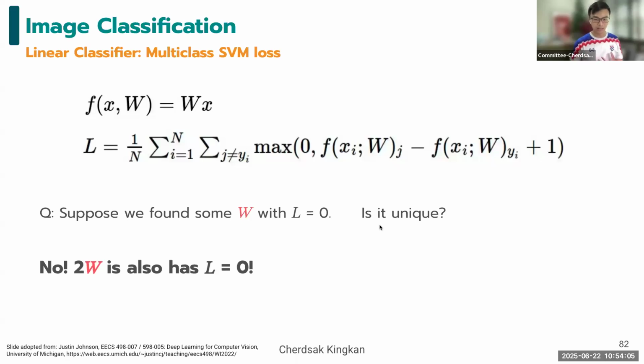Is there any set of W that can give us a loss value of 0, right? The question is, it's not unique, right? It's not unique. What we can do is that we can, if we have,